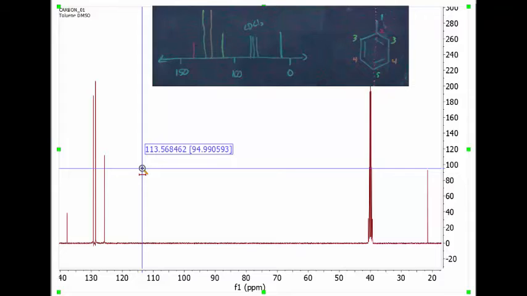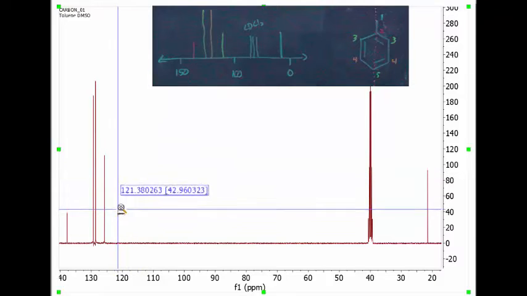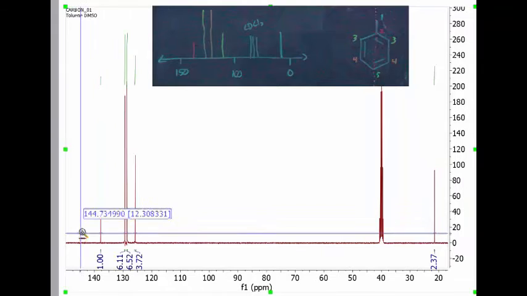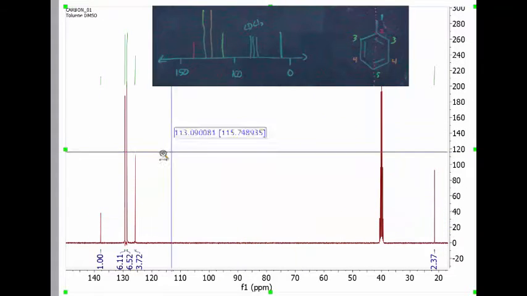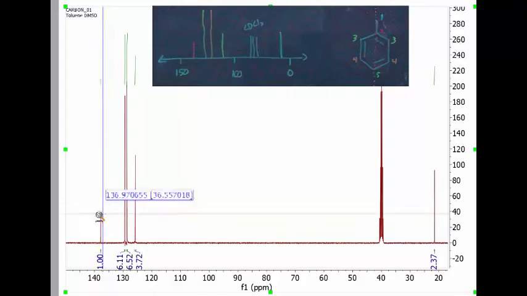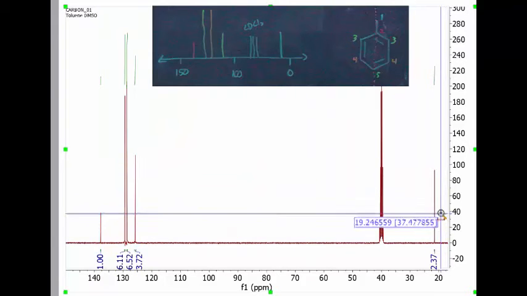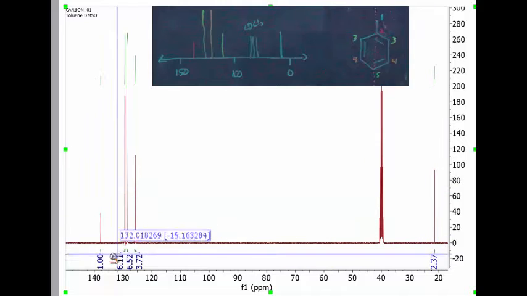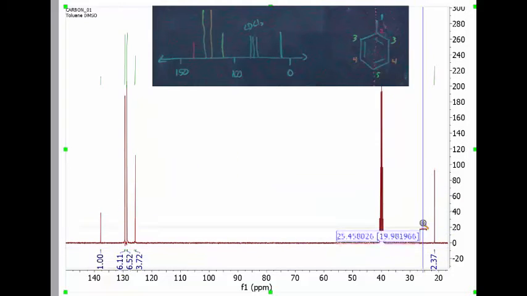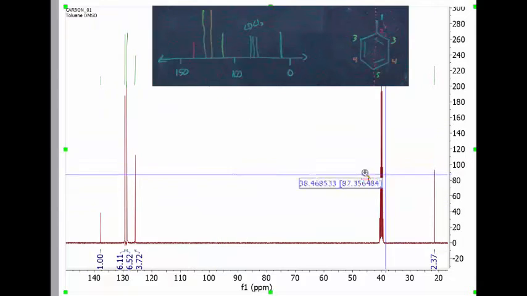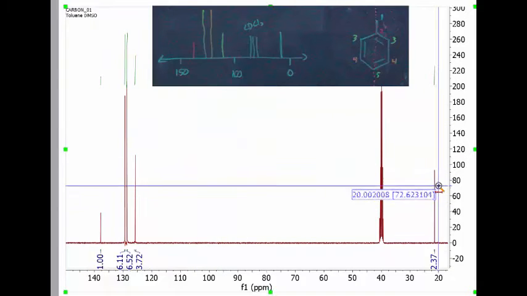It's a decent proxy for integration, but you could tell that if I did the integrals, it wouldn't work as well as I'd like. And just to prove my point about the integration, I've done the integration now, and if I integrate the quaternary carbon as 1, then these end up as 3 times bigger and 2.5 times bigger, and these are 6 times bigger, and so on. Again, integration in C13 is nonsense, but intensity is a decent proxy for integration,